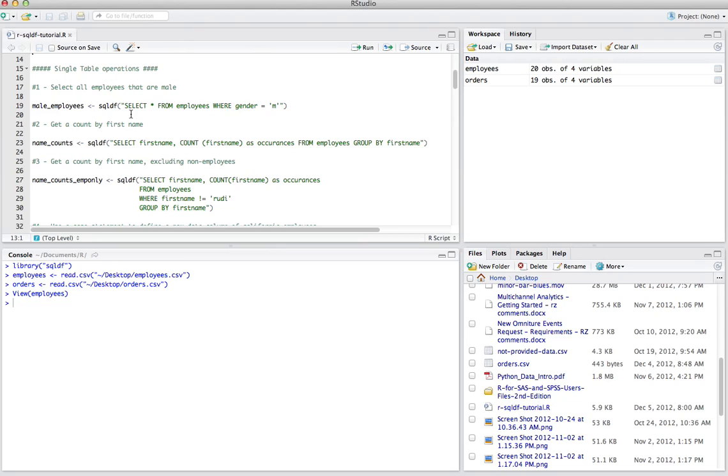So all SQL queries generally start with the keyword select. And the select word is telling the computer which columns we want to return in our answer. So by using select and then the star operator, we're telling SQL that we want to return all columns. Next, we tell the computer from where we want to read the data. So we want to select all columns from the employees table. And then finally, we use a where clause to say we want to return the rows where gender equals M for male. So when we run this code,